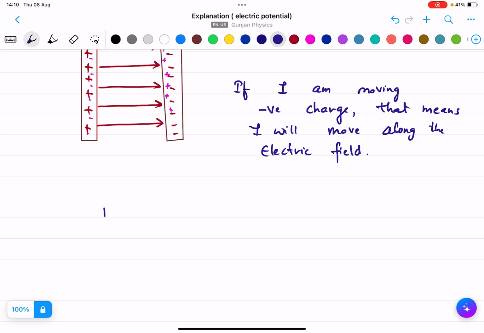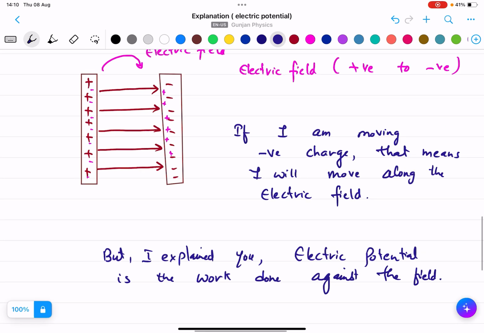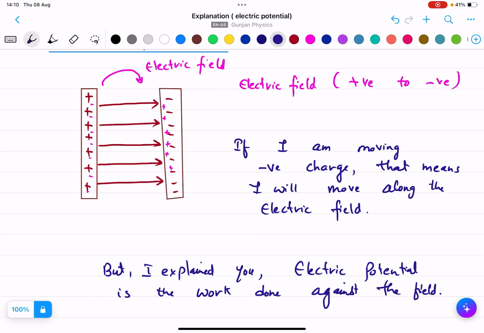Okay, but I explained to you now, electric potential, or potential, is basically the work done against the field, right? Against the field, like in the previous example we did with the elastic and with the gravity, right? So look here,